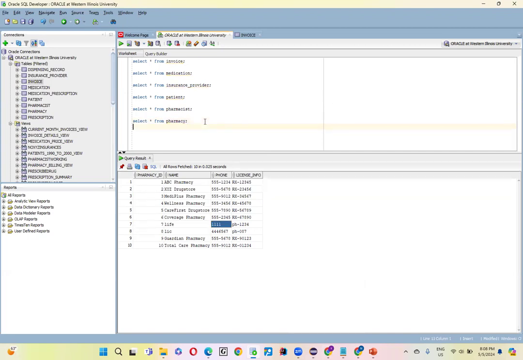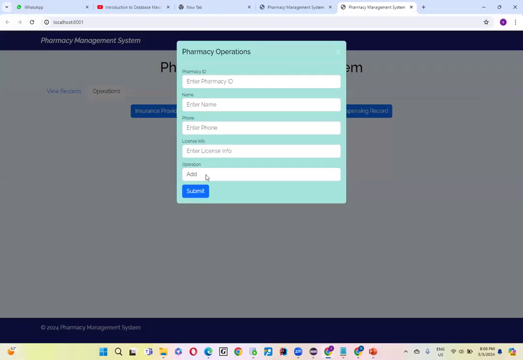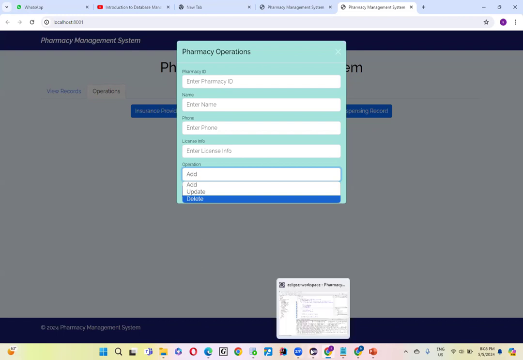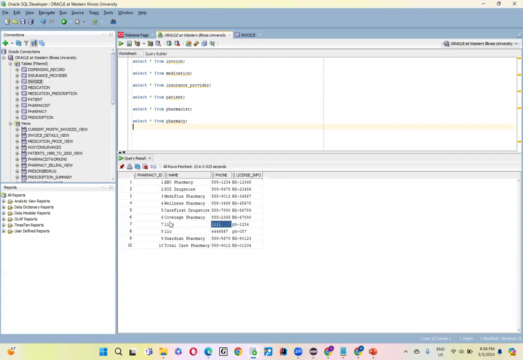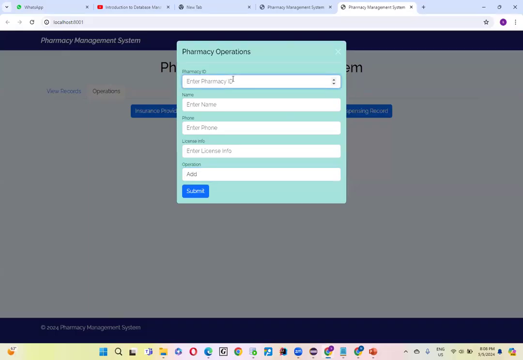We can see that operations can be add, update, and delete. So we can just give the data and click on the operation we want. If you want to delete, we can give the information and then delete the row, or we can update the information. That means we can change the row, and we can also add it as we have seen now. So these are the operations we have used in our project